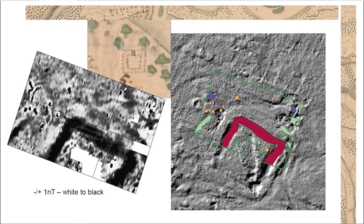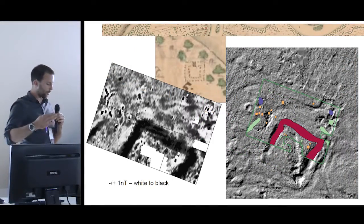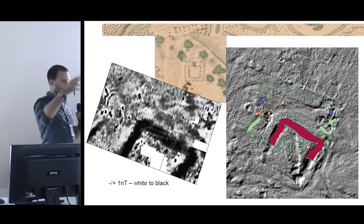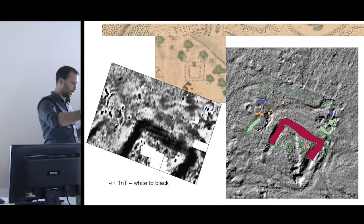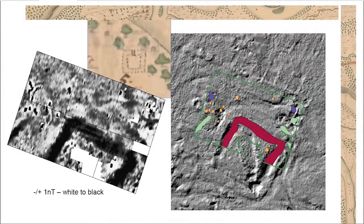Because only this feature was also possible to do via geophysics, it was, let's say, the easiest one, because the others were in the wooden part, and this one was something that we felt was essential to this field fortification works. We wanted to see if we would find the passage that is indicated on the map. So this was the part that we did geophysics on, and we didn't identify the passage, but the ditch was